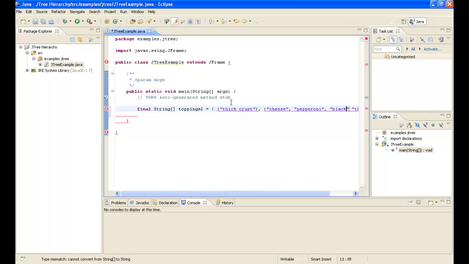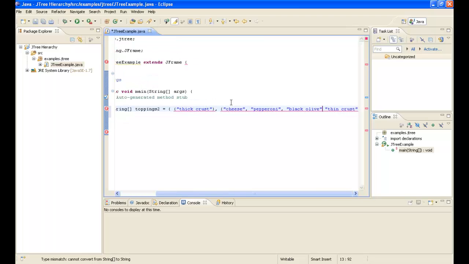And then what was the other one? Black olive, wasn't it? So we can have thick crust options that can have cheese, pepperoni and black olives,